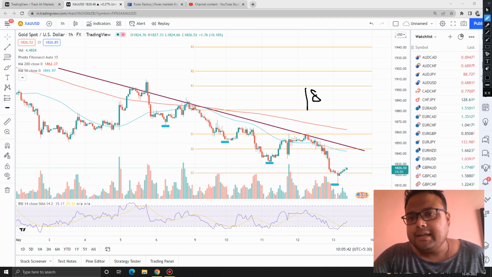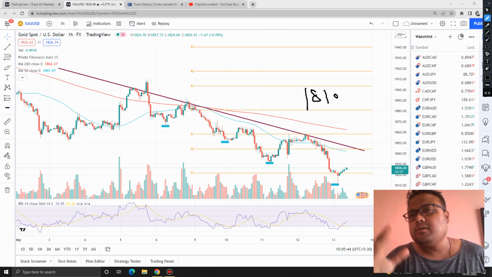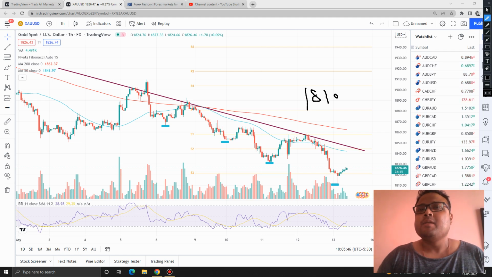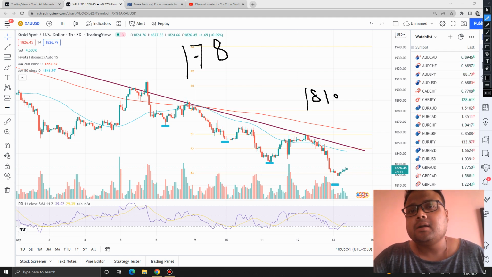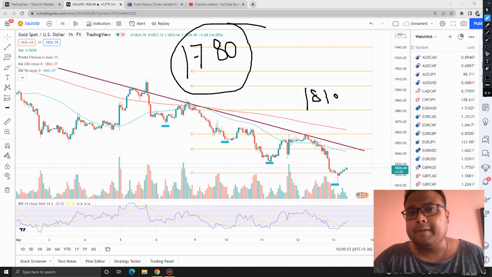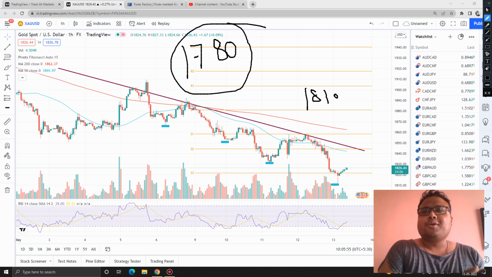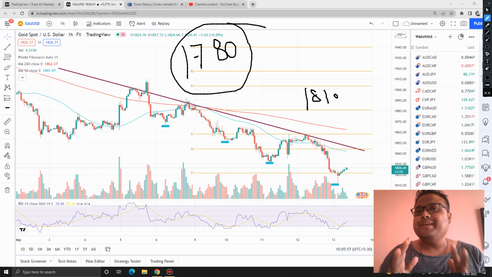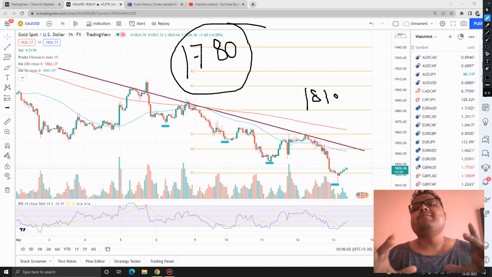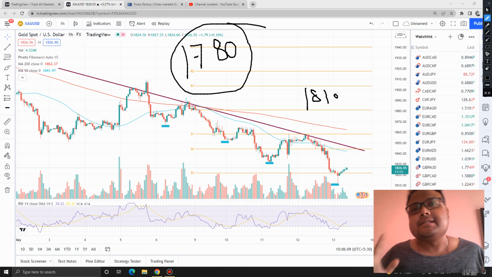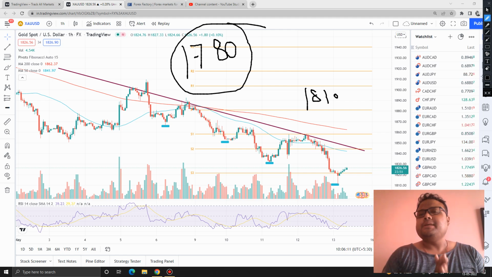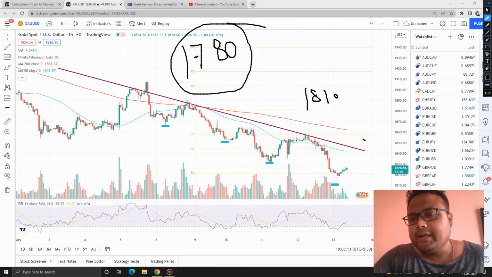Yes, around the 1810 level, we can have a small bounce of around 20-30 pips, 40 pips, that's it. But I think that the next big support on the chart of gold will be around 1780 again. If you guys have been trading for quite a few months and years, then you probably know the importance of 1780 to 1790. This was the level that acted as a strong support and resistance for quite some time. So I think that we will be seeing this level again. As of now, just be safe. You can take a sell position.